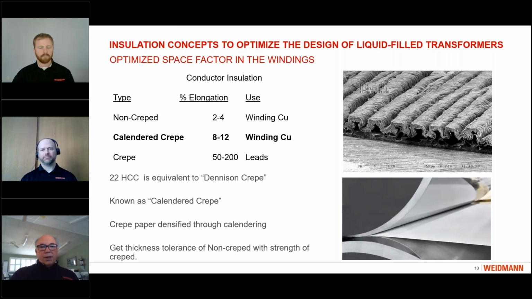So by doing this first creping to increase elongation, and then calendaring, you end up getting the thickness tolerance of a normal flat non-crepe paper, but with the strength and elongation of a creped paper. And by using that paper, you can definitely increase the space factor in your